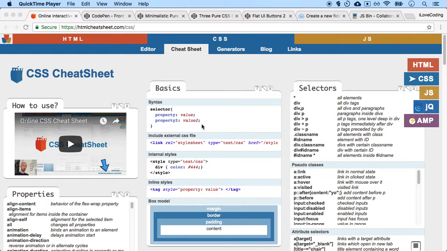In this video, I want to share with you two interesting websites that I found that are going to help you learn HTML and CSS in more depth, and expand your knowledge. The first one is called htmlcheatsheet.com/CSS. This is basically a cheat sheet of different properties HTML has, but even more importantly, if you scroll